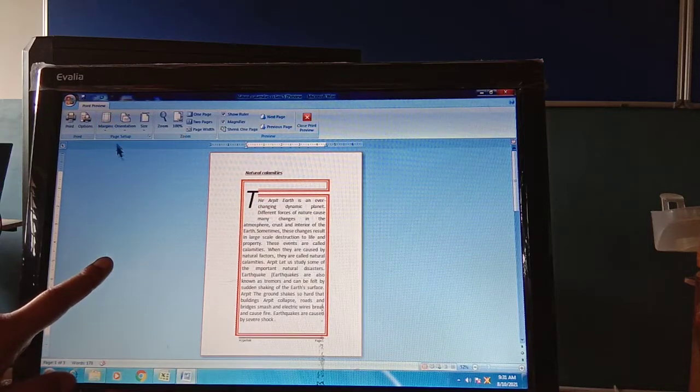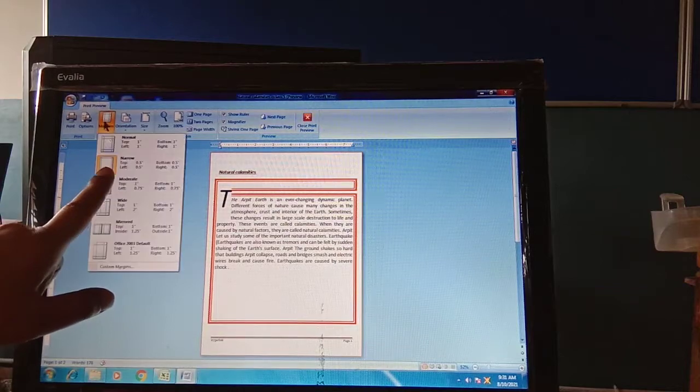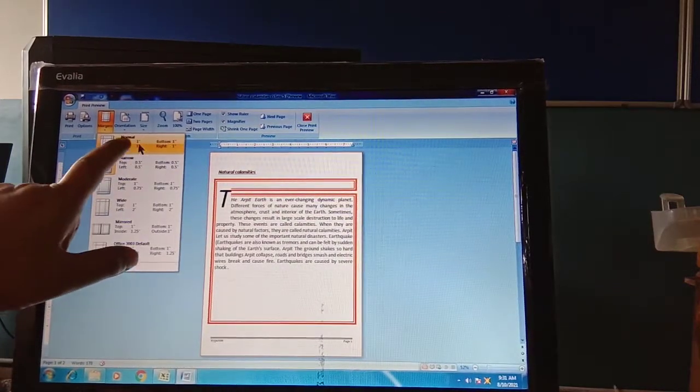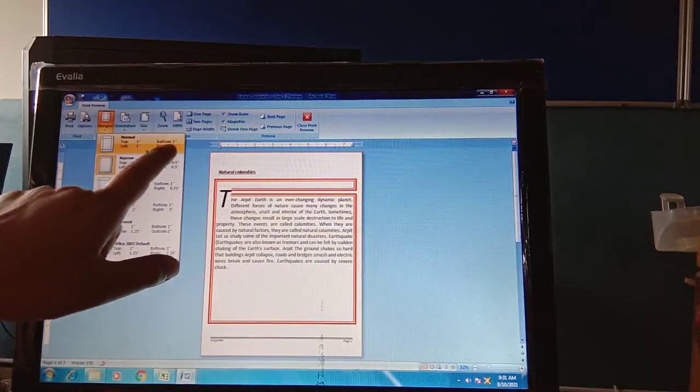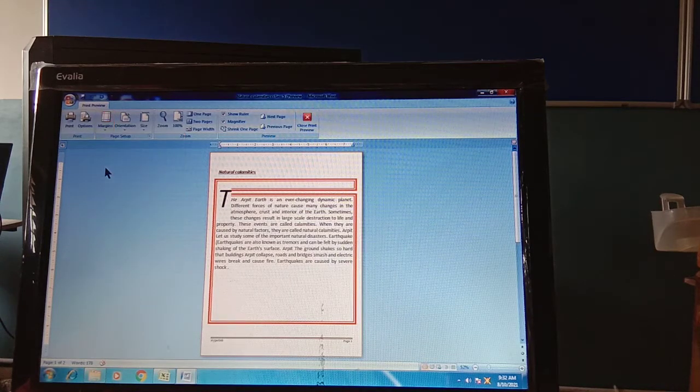Normally the margins are 1, 1, 1, 1: top 1, left 1, bottom 1 and right 1. But if you want it narrow, you can make it narrow.